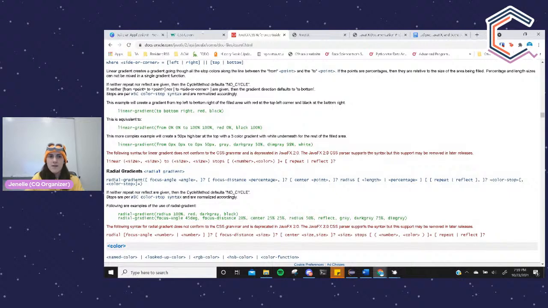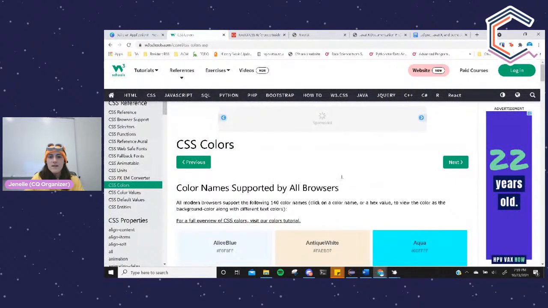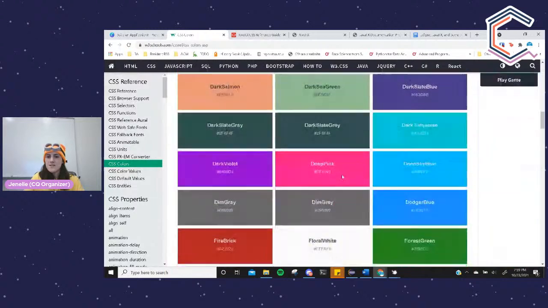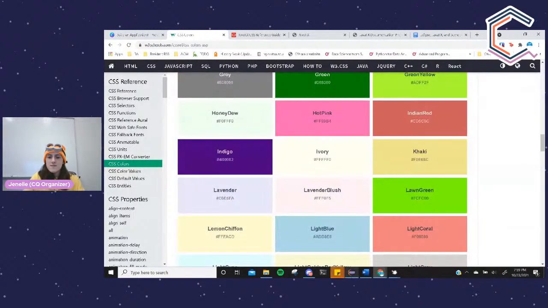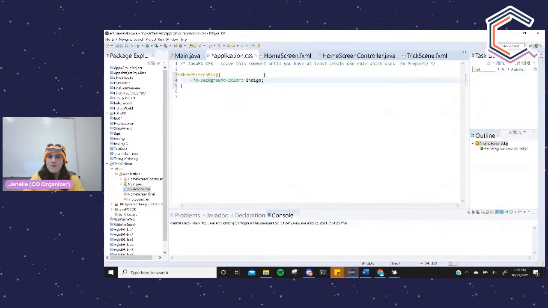And then how did I know the color? I Googled CSS colors and it gave me all of the keywords. And Eclipse is also nice enough to where it will autocomplete some for you. So now let's save this. And if we go to our application,